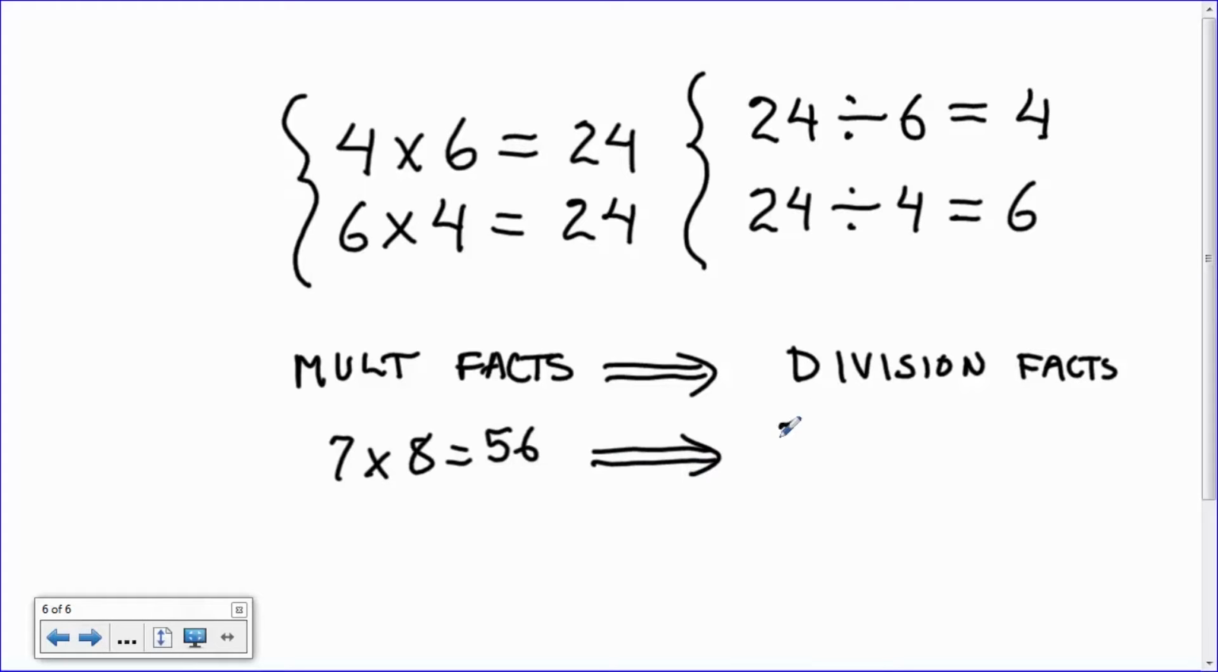It says that 56 divided by 7 is 8, or 56 divided by 8 is 7. So any multiplication fact gives rise to 2 division facts. And again, by the end of 3rd grade, when kids learn all their multiplication facts up through 12, they are going to know from their table a substantial number of division facts. And these are very important when we start looking at